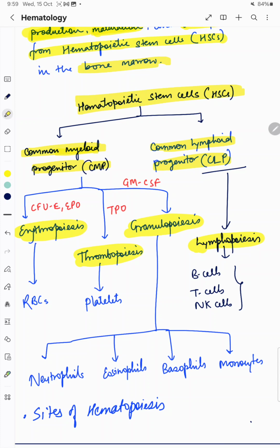Common myeloid progenitor is then converted into the erythroblast and finally forms RBC. Common myeloid progenitor through thrombopoiesis develops into platelets, and via granulopoiesis develops into neutrophil, eosinophil, basophil